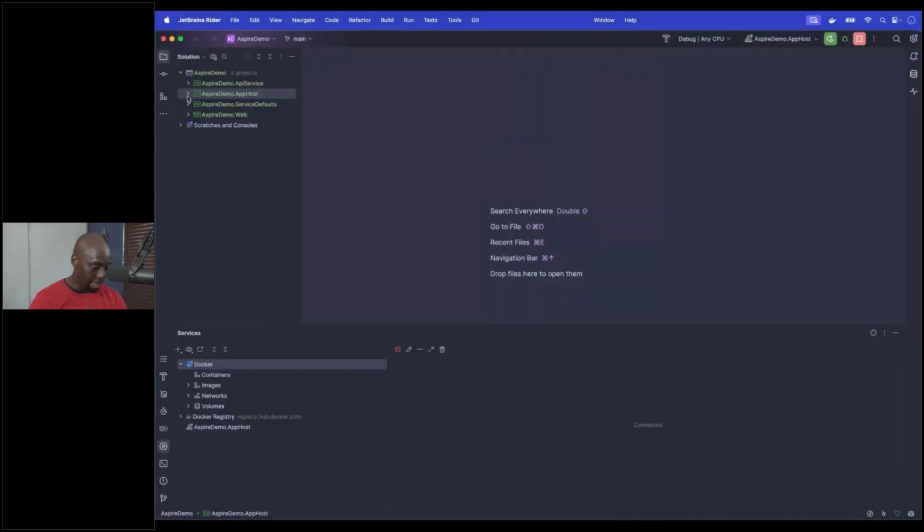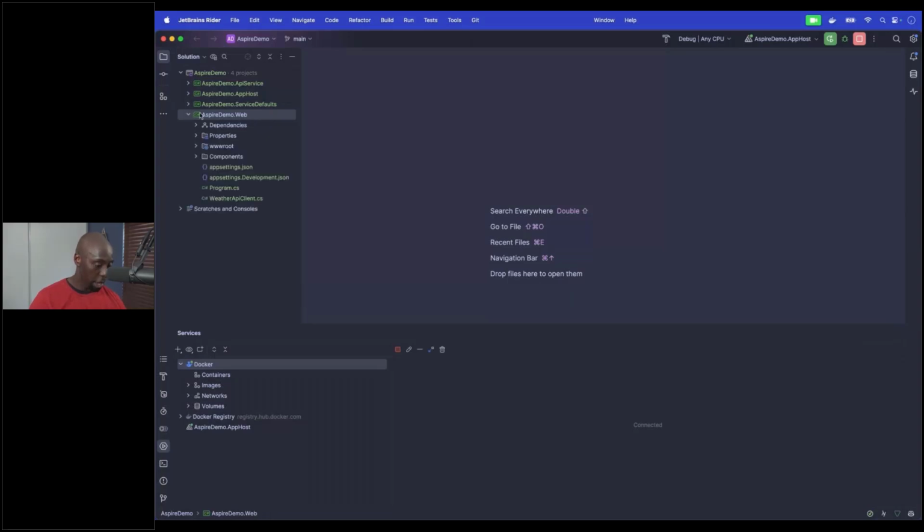So back in my application. When I first created it, I got 4 projects. I have 2 application projects: there's a web front end and then there's a web API backend. I'm going to show you those projects first, and then I'm going to show you the Aspire parts, just so that you could see that there's no magic happening here. There's nothing crazy or out of the way happening.